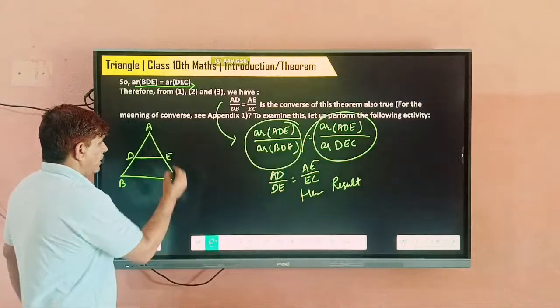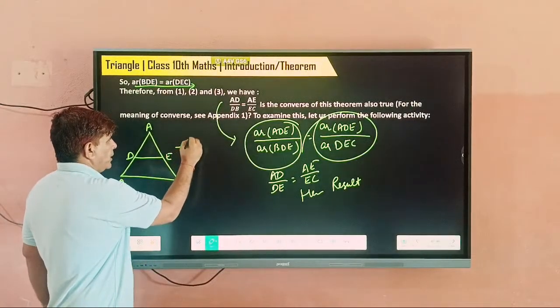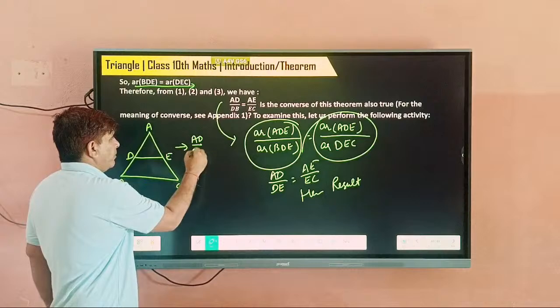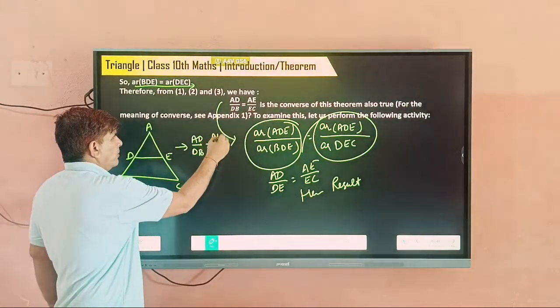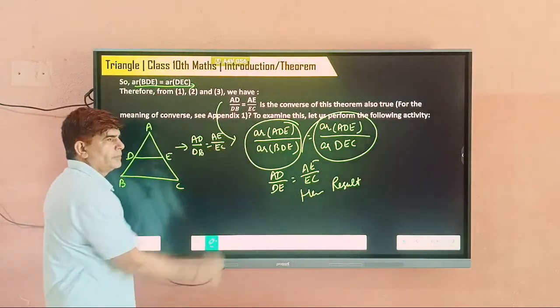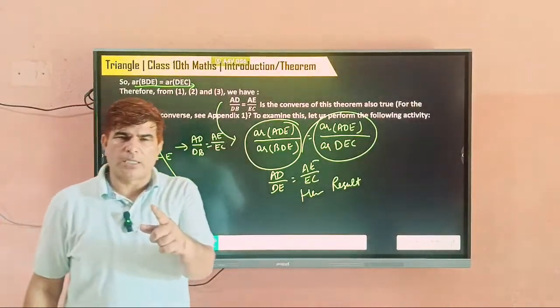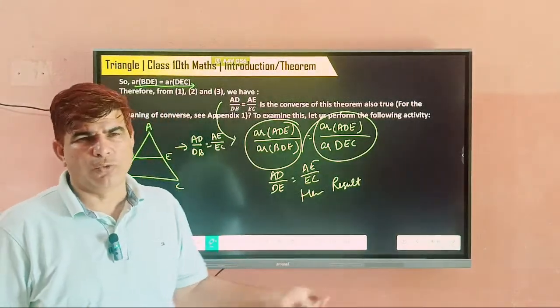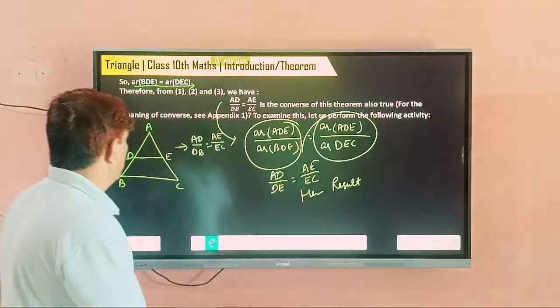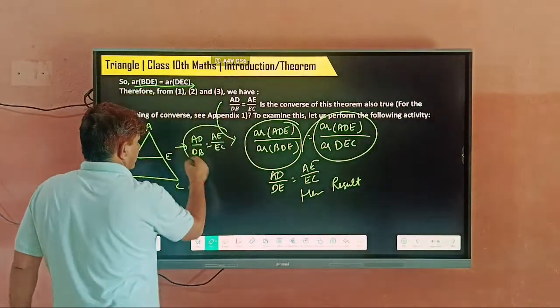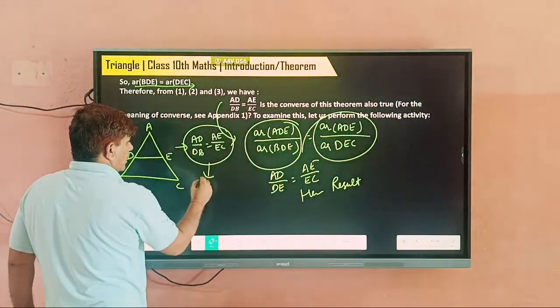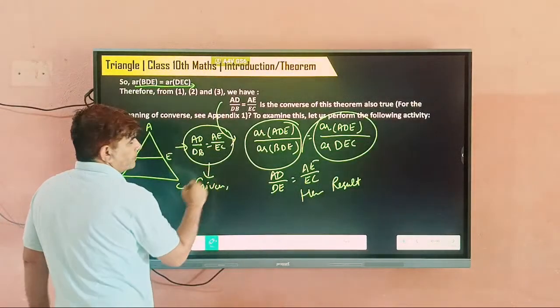Understood? What is it saying? What do you have to prove in this BPT? AD by DB equals AE by EC. So converse means this: what is given becomes what is to prove, and what is to prove becomes given. So what's given? What's to prove here? This is given in that theorem; in the next theorem, the converse of it,